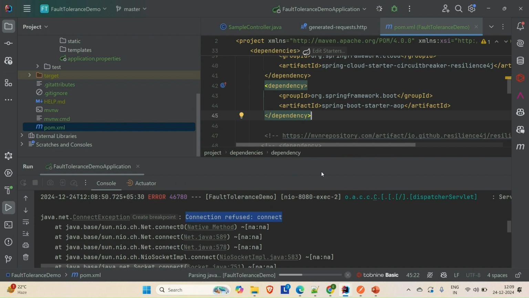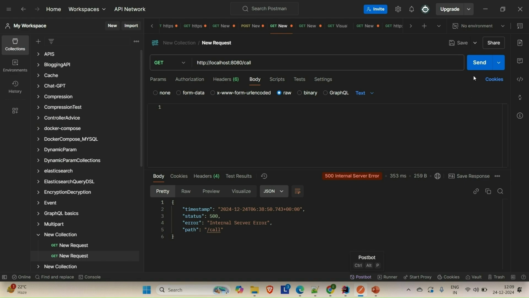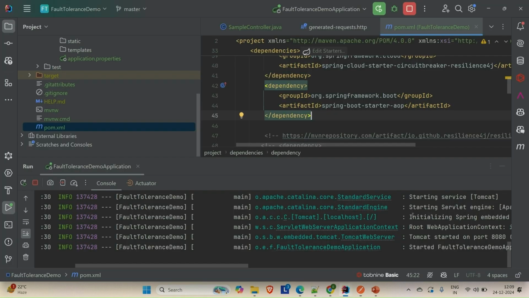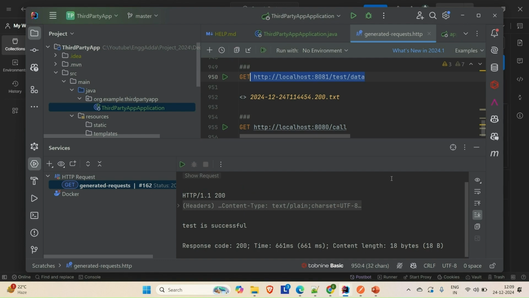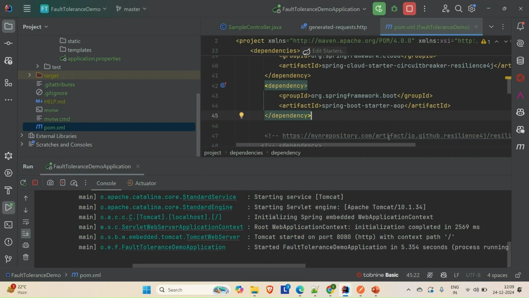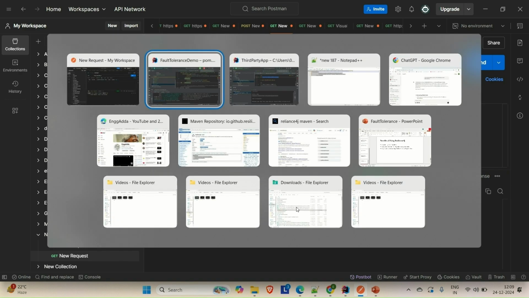It will take a few seconds, just wait for that, and we'll try to hit it now. You can see our application is still loading. It is up on port number 8080, and again let me show you, our third party API is still not up and running, so we are good. Now we'll go to Postman, try to hit this API and see. You can see it is taking some time, and then after that it is giving us the result as fallback response, unable to fetch the data. So it is going to the fallback